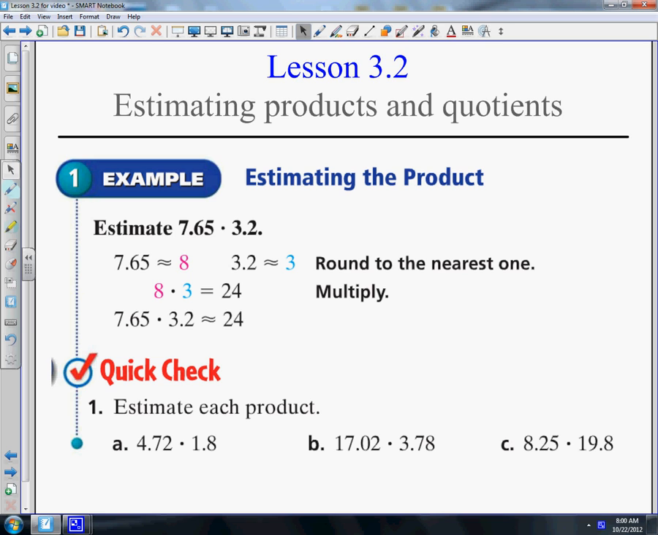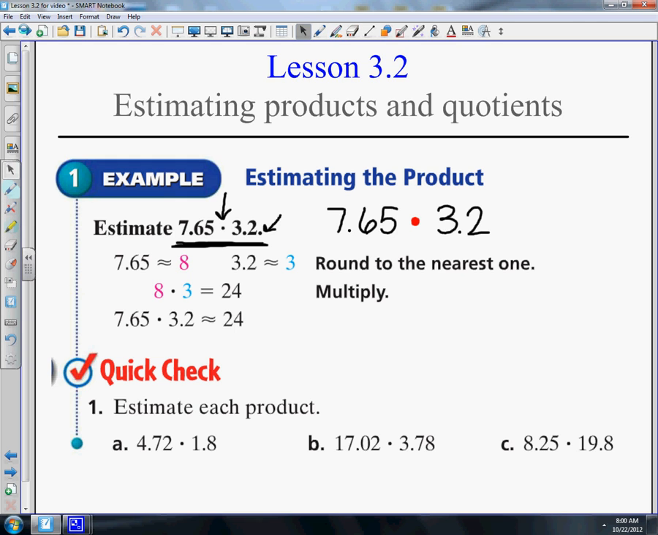So estimate 7.65 times 3.2. Now, notice some things. The multiplication is a dot, and this is just a period at the end of a sentence, so disregard those. So what this really is, is 7.65 times 3.2, but we get rid of the x because that becomes a variable in pre-algebra, and they put